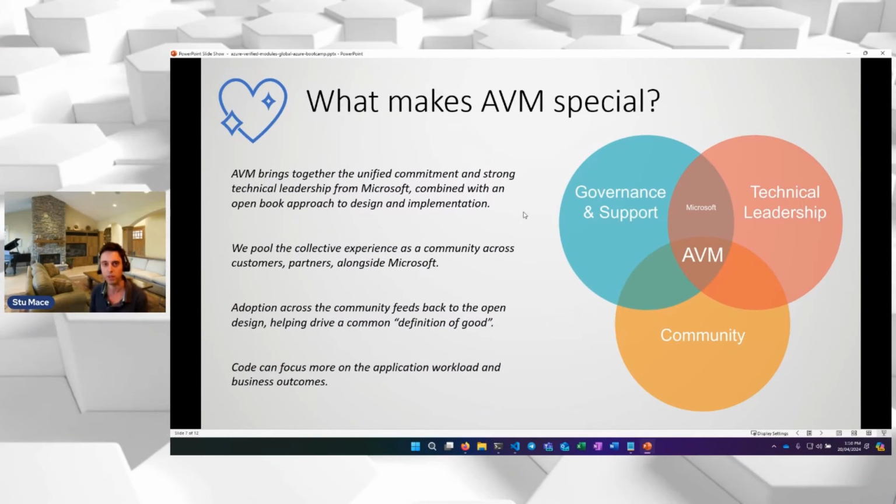So feeding all that together, why do I think AVM is special? What makes it special compared to what's been done in the past? To me, it's the combination of the things on the screen: the commitment and strong technical leadership from Microsoft, the open book design approach, and the engagement with the community, which I think is key. Those three things together make AVM a very exciting initiative, because